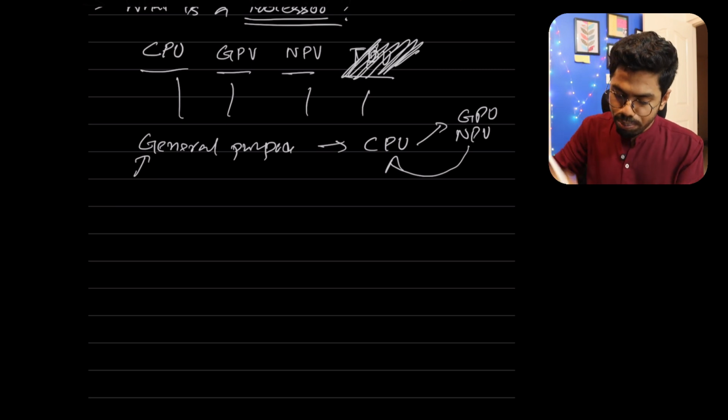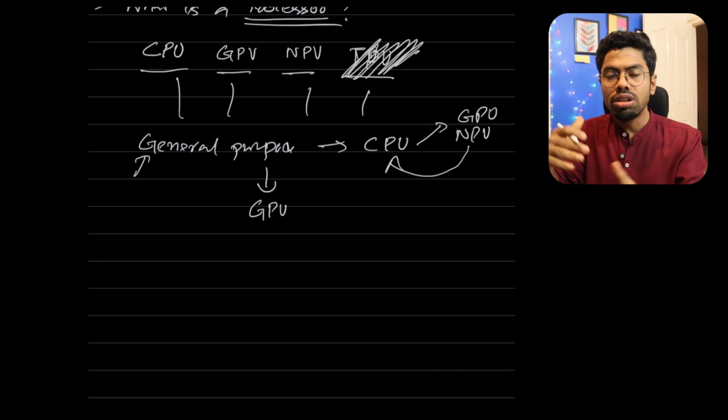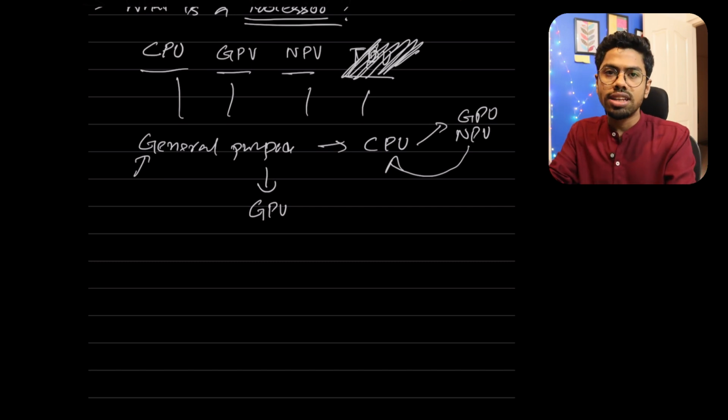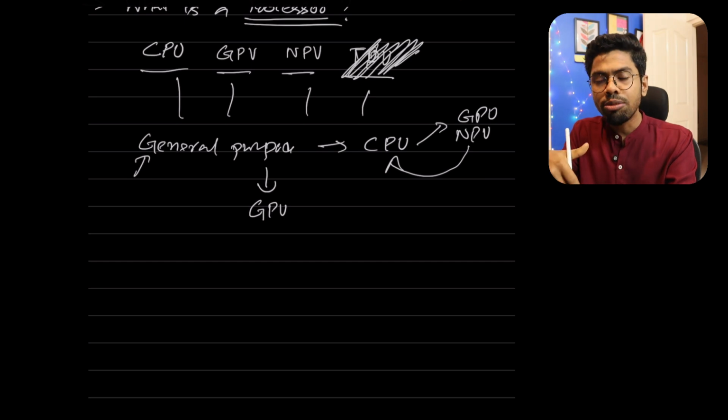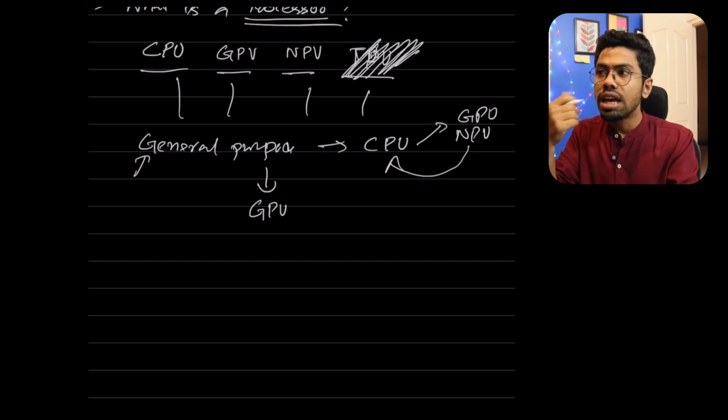And if you go a bit to the specialized side, then that CPU will become your GPU. Now what is that specialized one? When GPUs were invented, it was because, as the name says, it is a graphical processing unit. So it was mostly developed to process video, to render video, because anytime you are seeing a video, what is your processor actually doing? What is the main work of your processor? It should